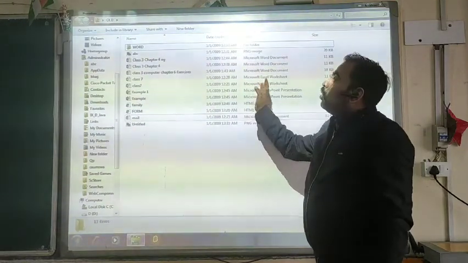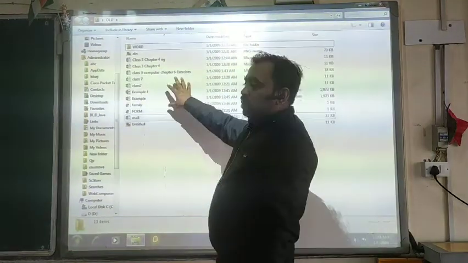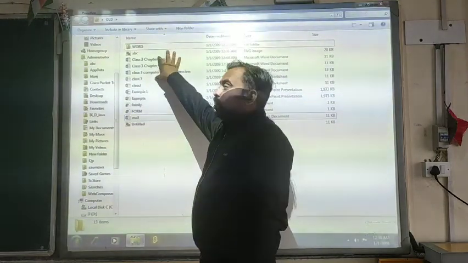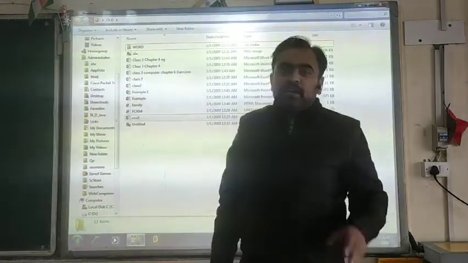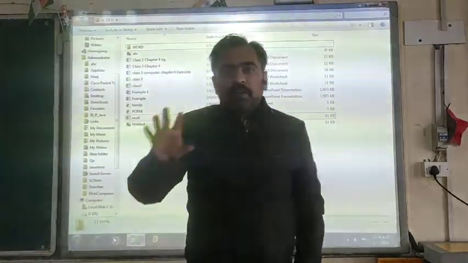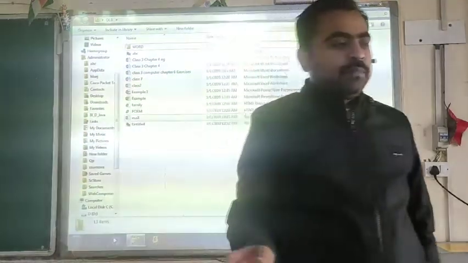So if you want to organize them in a proper way, you can create different folders and then select the files and categorize them. You can keep the Word files separate, Excel files separate, PowerPoint presentations separate, and the image files separate.